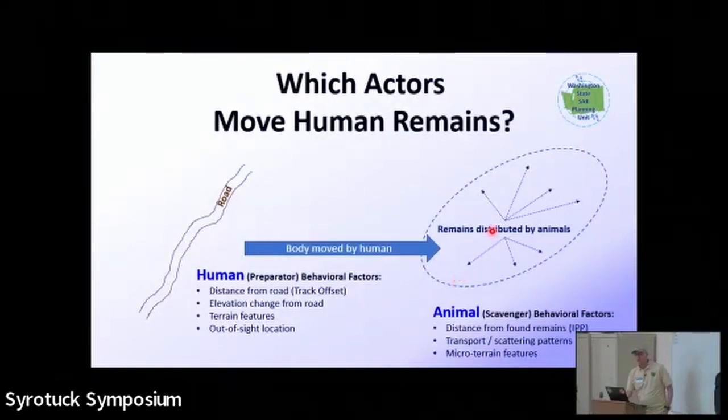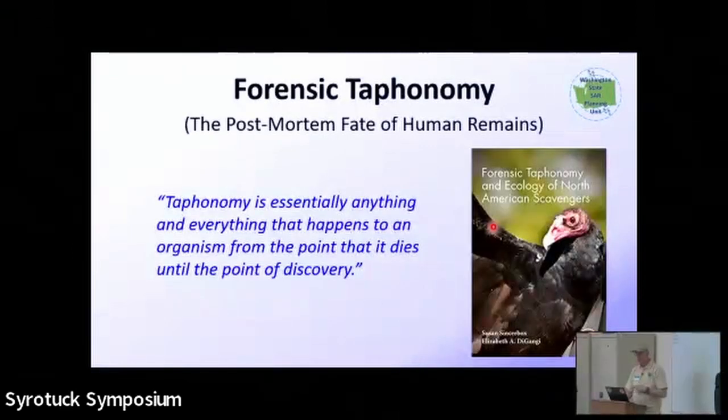And then, as Eric mentioned, we're also very much interested in the potential impact of animal scavenging on human remains. So in order to look into this, we took a detour into forensic taphonomy, okay? You want to impress friends tonight over drinks, you could say, oh yeah, I just came from a talk in which we discussed forensic taphonomy. And that means anything that happens to a body between the time it gets out in the woods and the time that search and rescue comes upon it. So in our research,